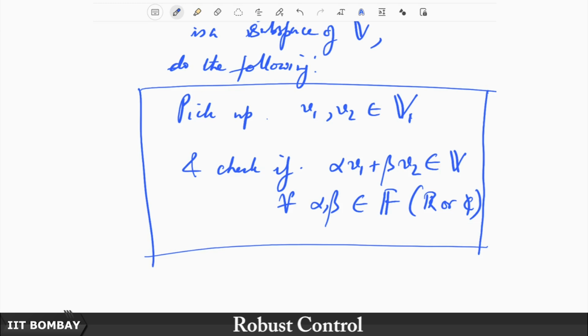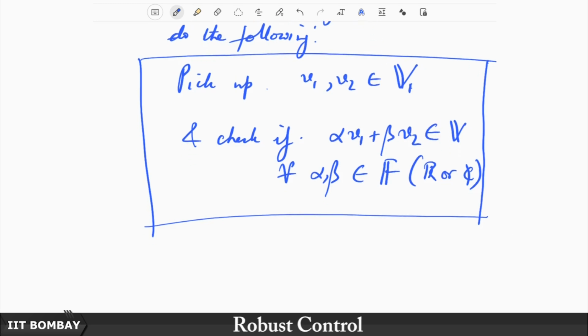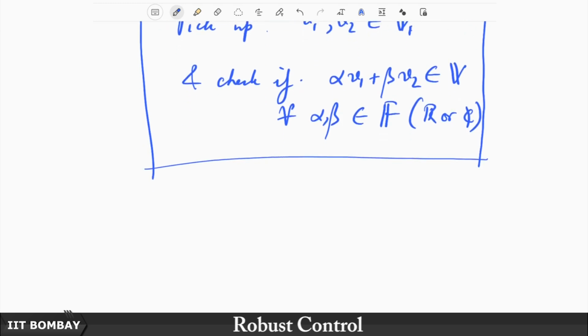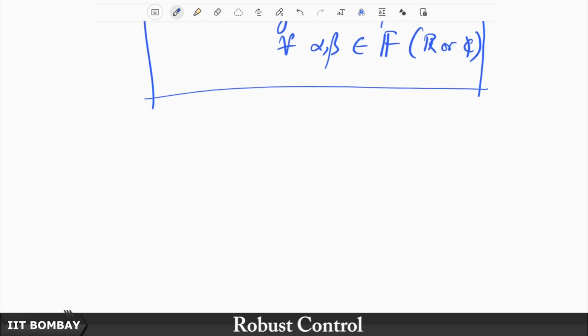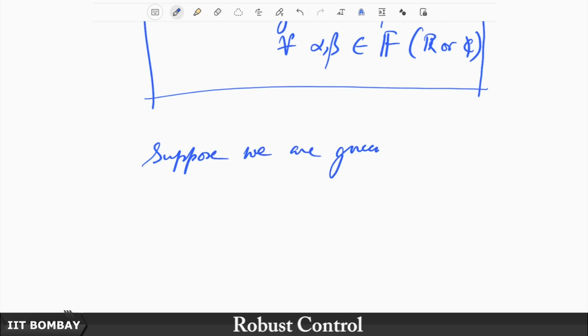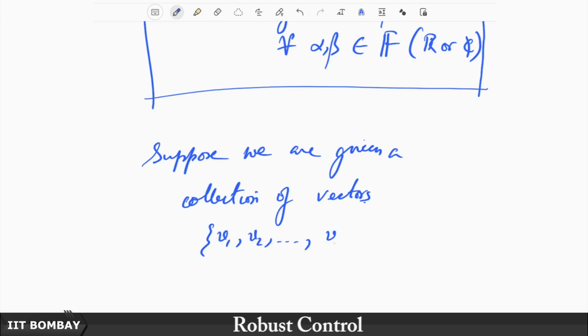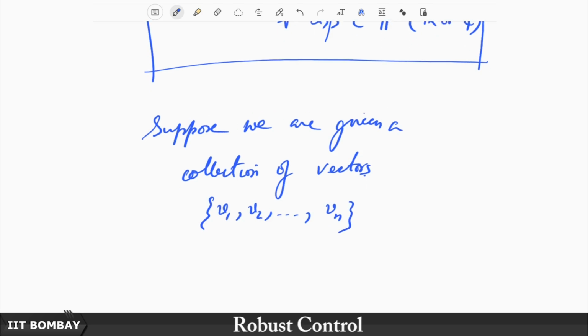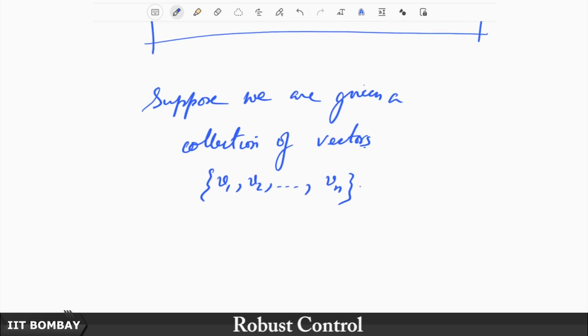Okay. So, now having described what a vector space is, what a subspace is, we are now going to take some more typical examples of a subspace. All right. So, suppose we are given a collection of vectors, say set V1, V2 dot dot dot till Vn. Okay. Then